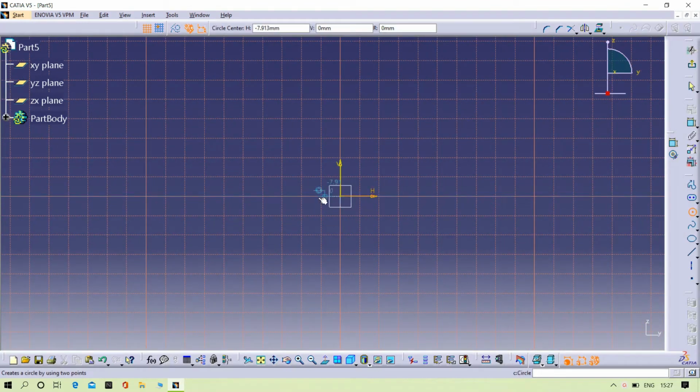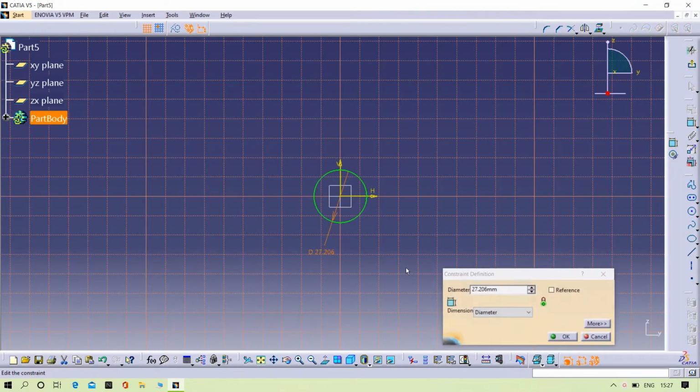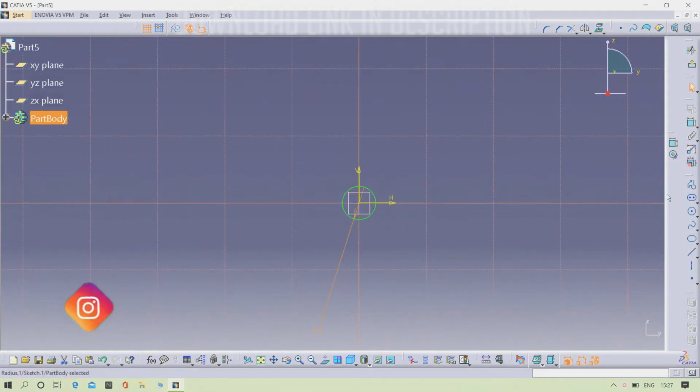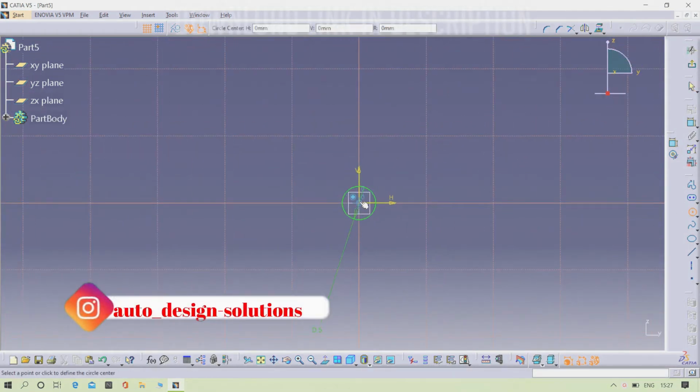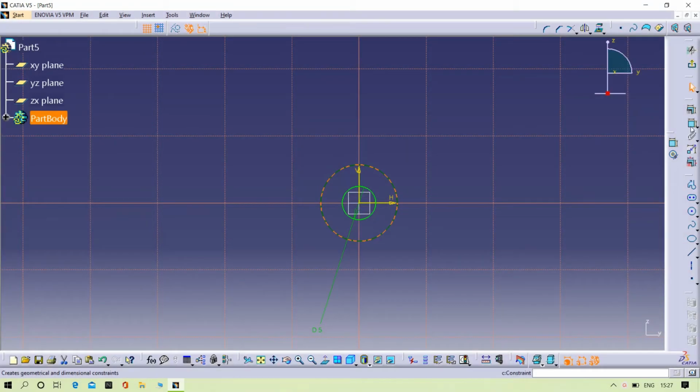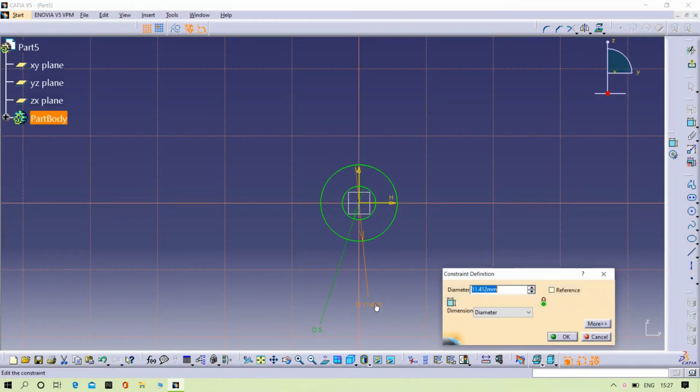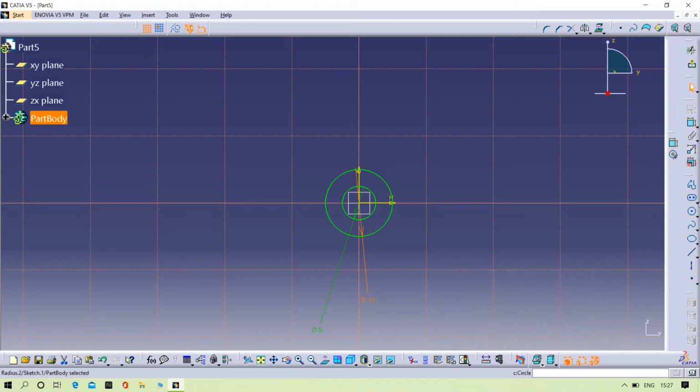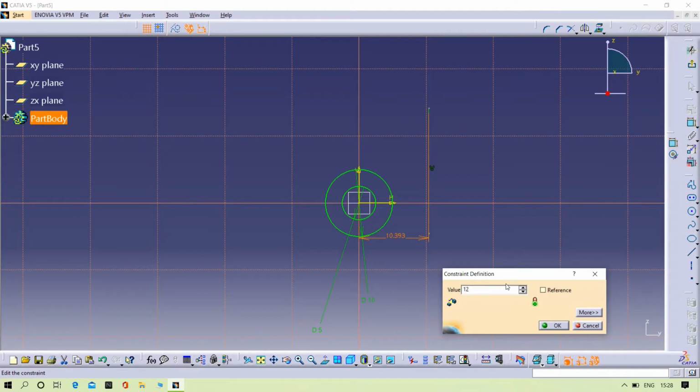Then try to draw the circle with 5 mm dia, and then 10 mm dia. Then again draw an axis line with distance 12.5 mm.